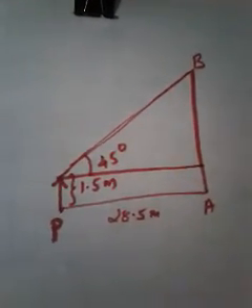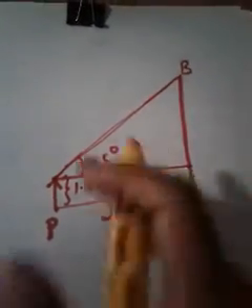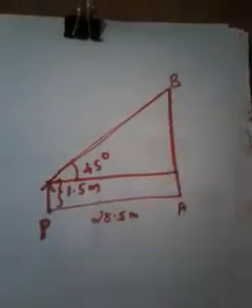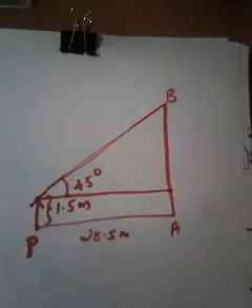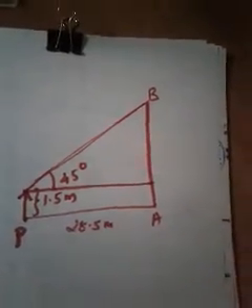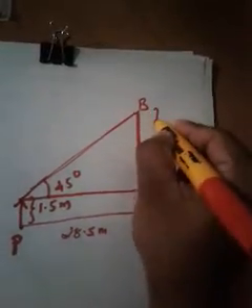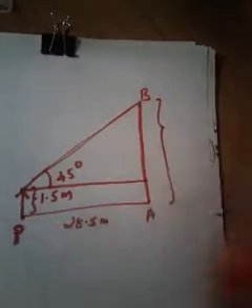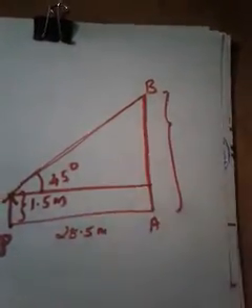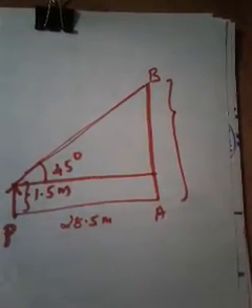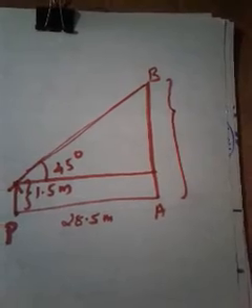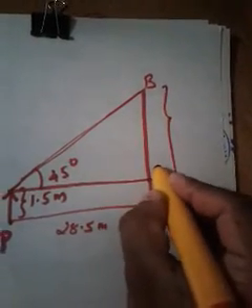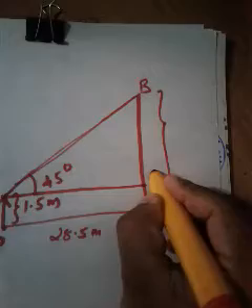You may have understood it right now. I'm not going to explain it again because we already explained it well in the last video. And what is the height of the chimney? We have to calculate the total height of the chimney. That means from A to B is the height of the chimney, so we need AB. Are you following me? Yes, of course. Let it be some L here.